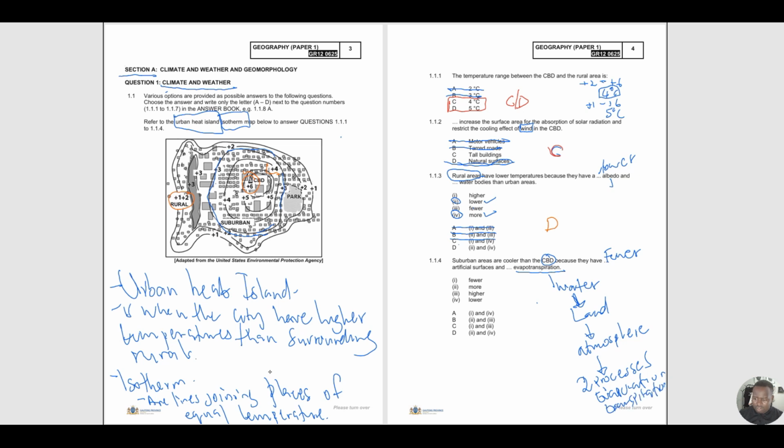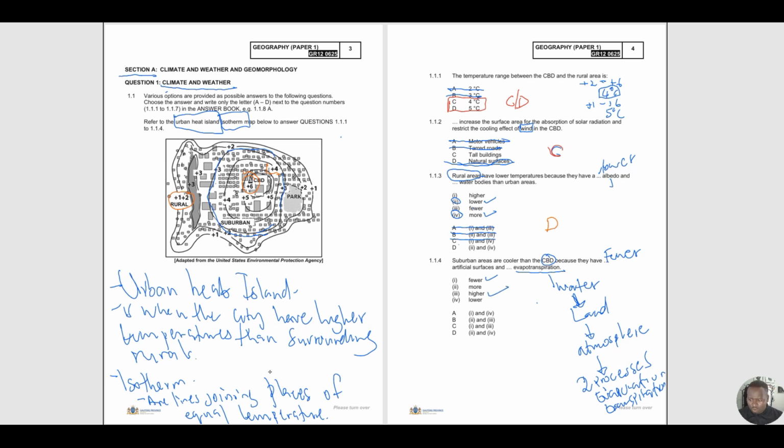Transpiration, whereby the plants lose water. So the answer we have already chosen: fewer artificial surfaces. Then we're going to choose, let me see, suburban. We have to have more, or we can say higher, because it's not a percentage. So we can say higher